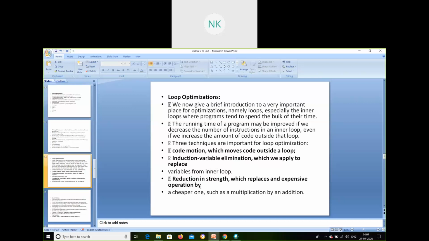The next one will be reduction in strength, or strength reduction, as you can also call it. What is code motion? Code that is moved out of a loop is called code motion.